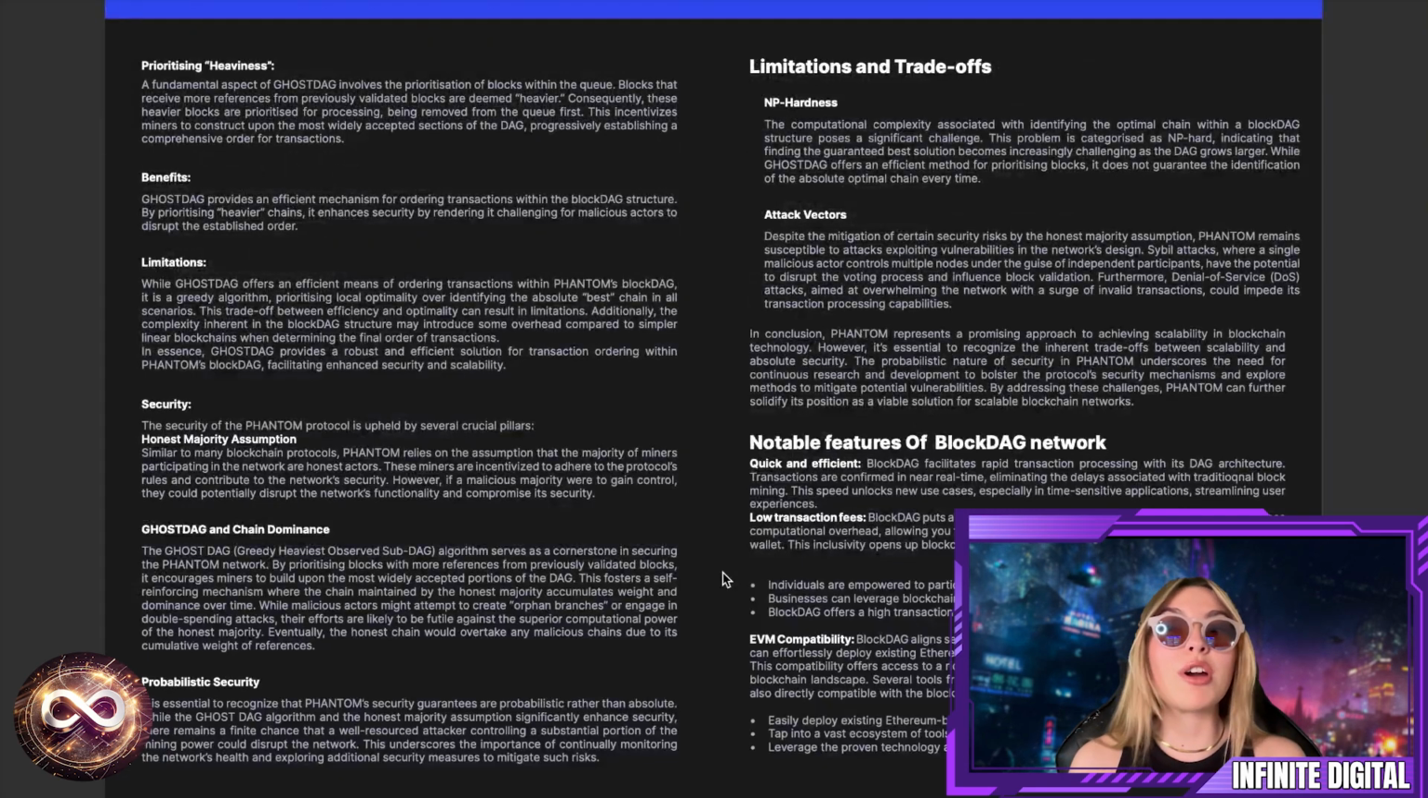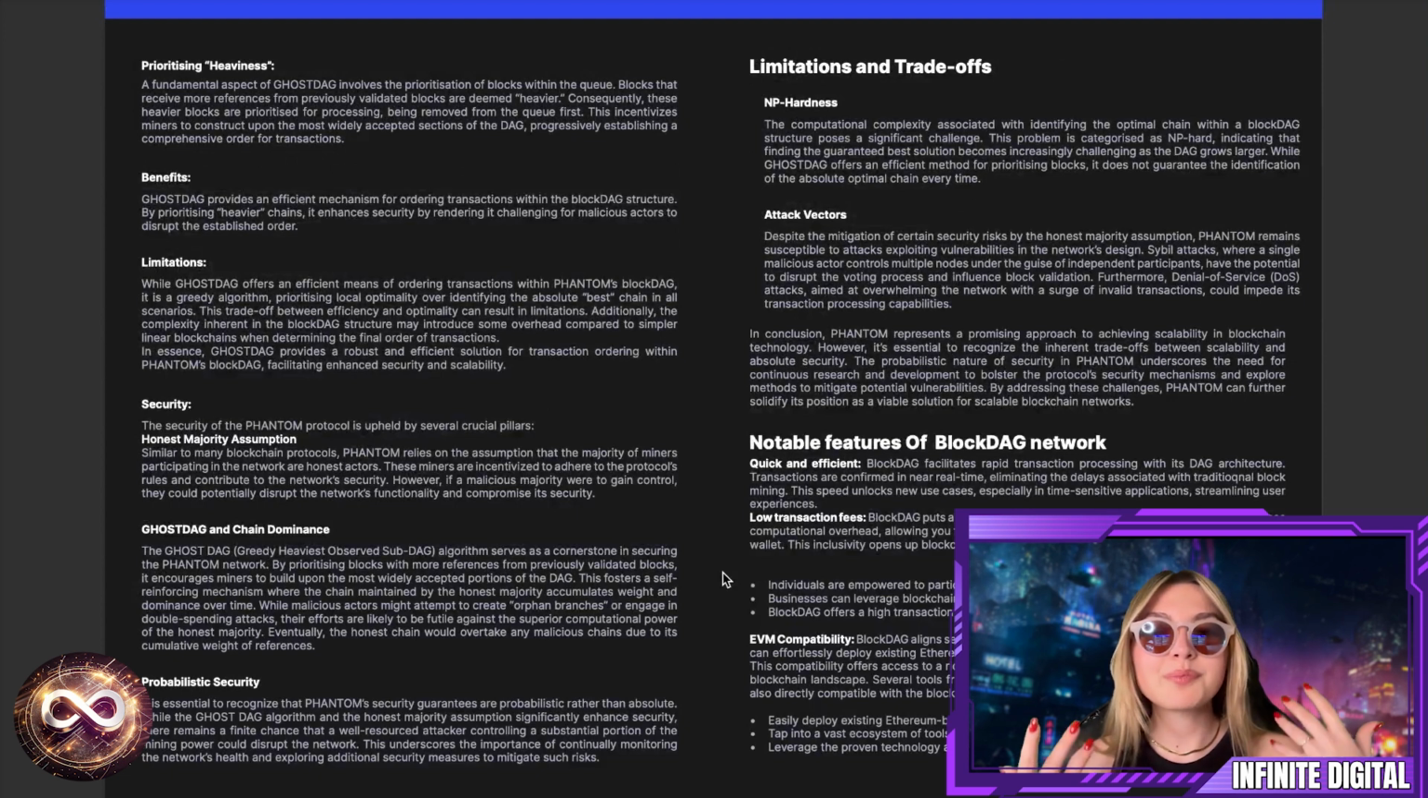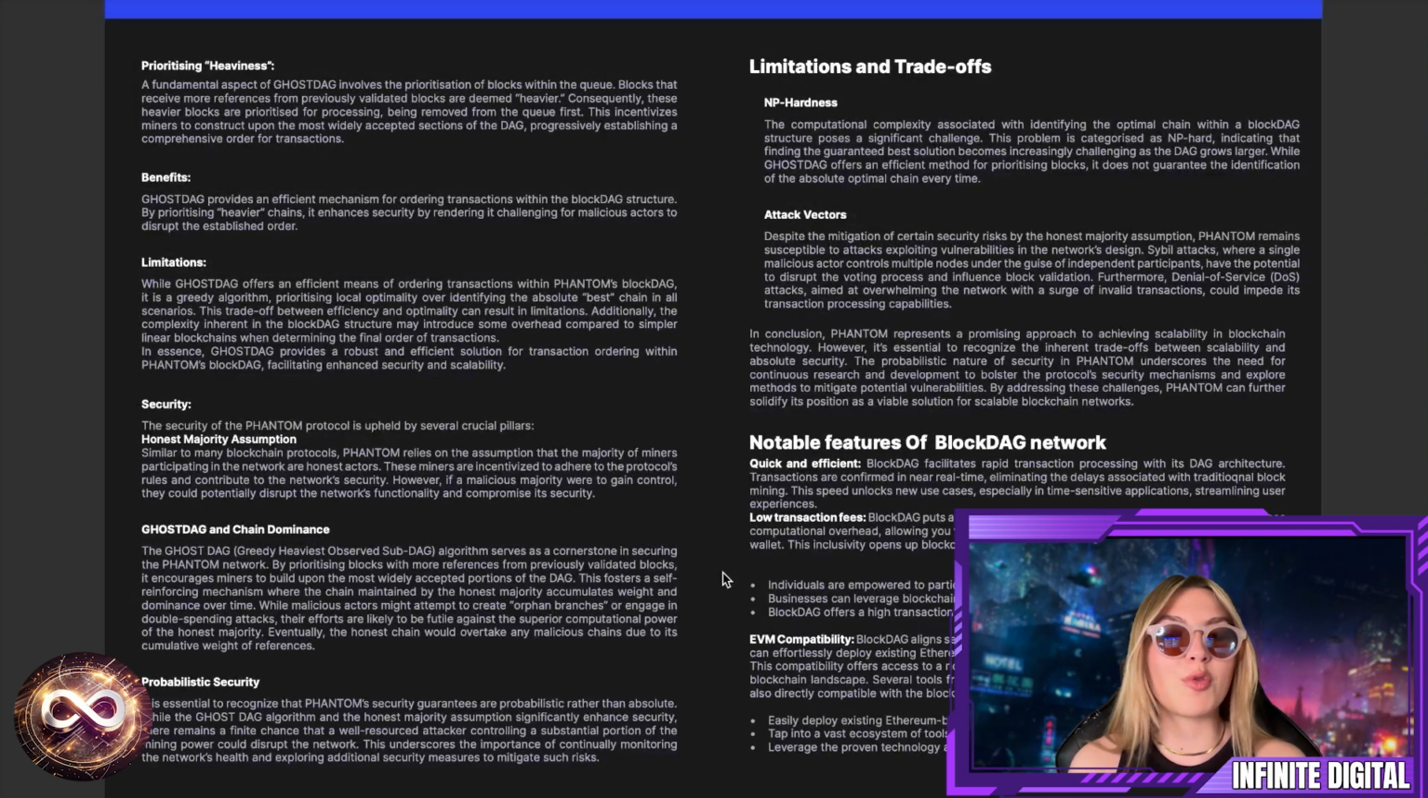Down below, even more information going into prioritizing the heaviness, the benefits. GhostDAG provides an efficient mechanism for ordering transactions within the BlockDAG structure by prioritizing heavier chains, which enhances security by making it challenging for malicious actors to disrupt the established order itself. Then we have the limitations, the security down below, the honest majority assumption, GhostDAG and chain dominance, the probabilistic security,